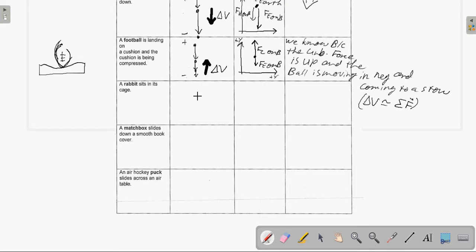Rabbit sits in its cage. Well, for rabbit sitting in its cage, presumably it's not moving, so you would just have v equals 0, not moving anywhere. You can put your plus and minus wherever you want, doesn't matter, it's not moving anywhere. So for this force diagram, we've got two objects interacting. We've got the earth, we've got the cage,